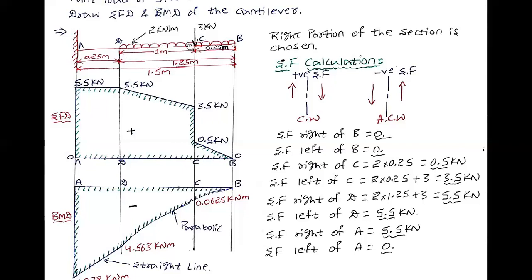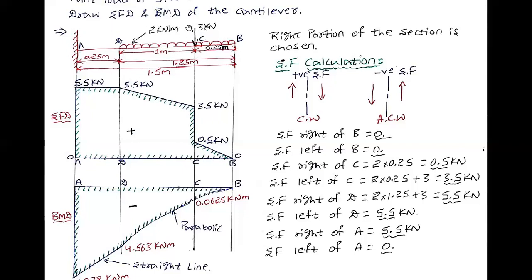The load acting on the structure, if the structure has to be in equilibrium. If you see my previous problem, in that I have calculated the reaction at point A. As I told you, there is no need of calculating the reaction at point A. If this structure has to be in equilibrium, whatever the load which is acting on the cantilever, the same amount of reaction will be from point A or the fixed end. Then only the structure will be in equilibrium.